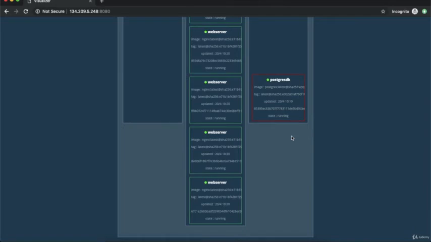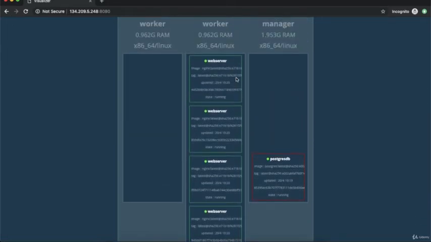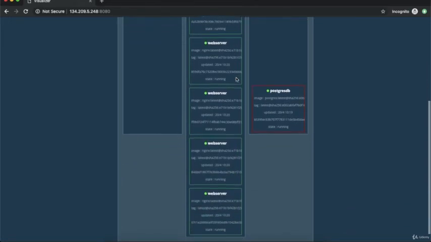So if we did not define the constraint with nginx, then docker swarm would distribute the load between the manager and the worker, right? It is possible that 2 containers would be running on the manager node and 3 containers on the worker node, or 3 on the manager or 2 on the worker. Docker swarm automatically manages that load, but as we have defined the constraints, docker swarm started all the containers on the same machine, right?